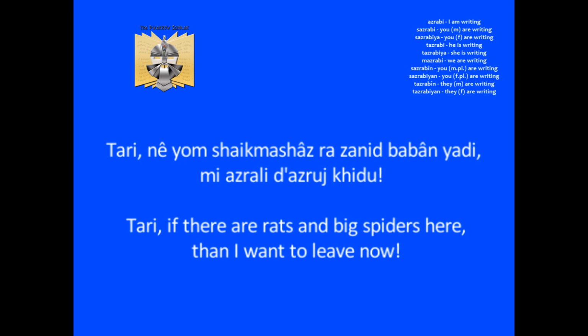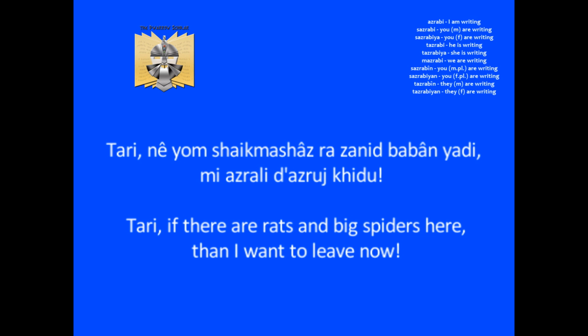Kidu is the word used for now. The second part of this line also features another imperfect form, this time a first-person singular form. Remember, for the first person, we take the base form, in this case zral. We add a as prefix and i as suffix, forming azrali in this case, meaning I want. Now, this is the first time we've seen the radicals ZRL used in this lesson.